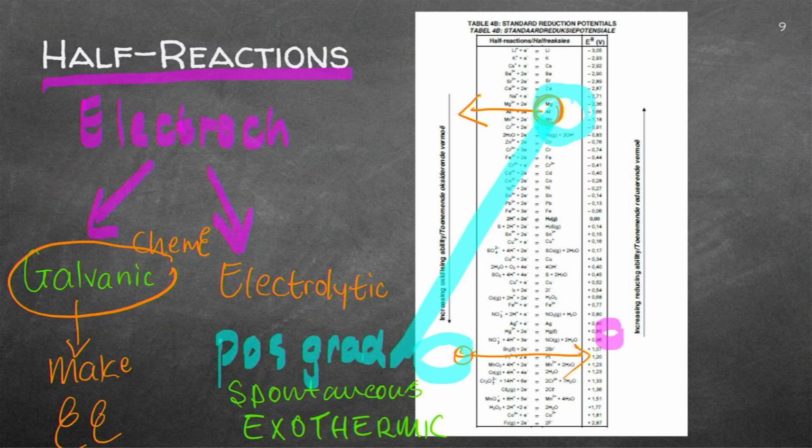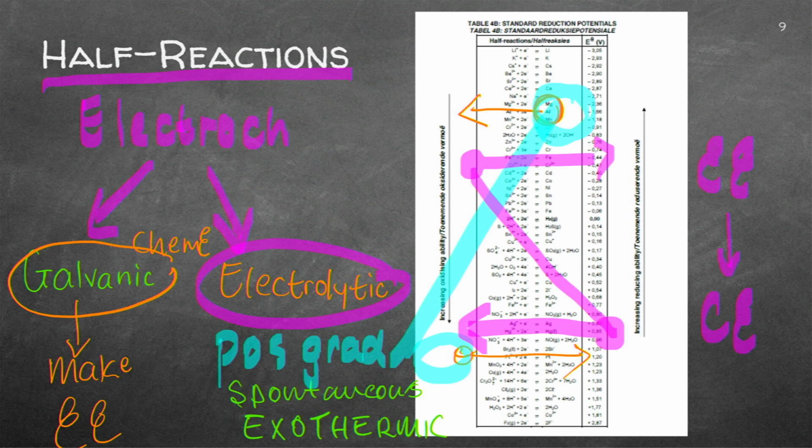On the other hand, and I'm going to do it on this side, if you have a reaction going from this side to that side and from there to there, can you see I've got a negative gradient or slope? That will be an electrolytic cell taking electricity to a chemical reaction. And if I take electricity, you see here, I'll actually need a source like a battery or a cell. So I put in electricity, and that causes an electrochemical reaction.